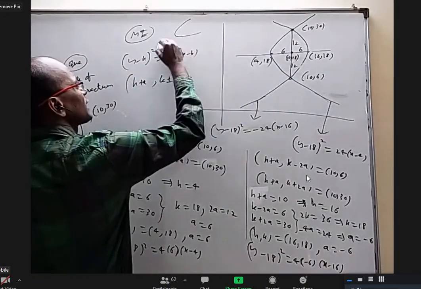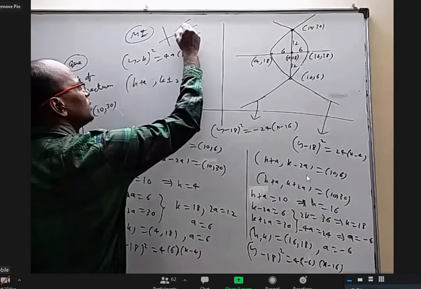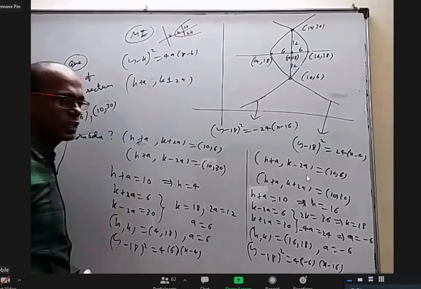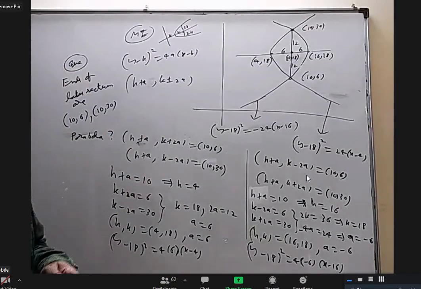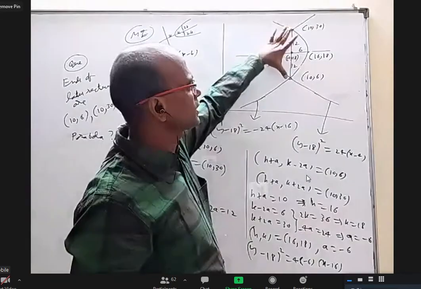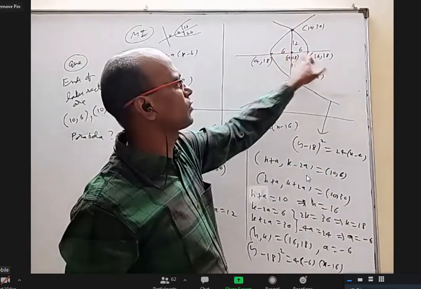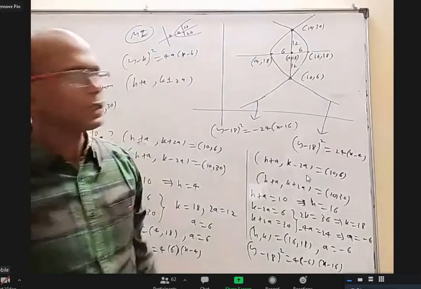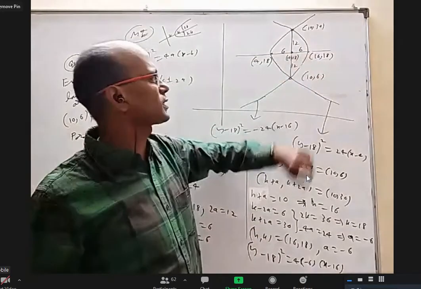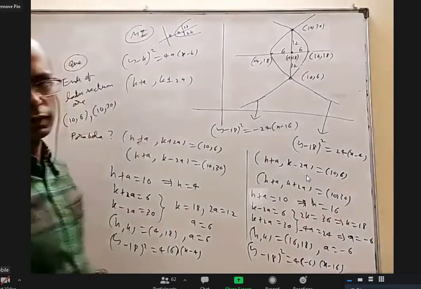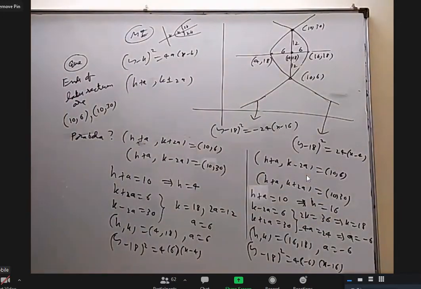Remember this, that you take any parabola. If this length is k, this length is k, this is 2k, this 2k. That doesn't change, right? The relative distance. Yes, sir. So for this, this is 4a again, the latus rectum. 2a is 12, a is 6. So either you have to go 6 forward or 6 backward to get the vertex. If you go 6 forward, the x coordinate will increase by 6. If you go 6 backward, the x coordinate will decrease by 6, and no change in the y coordinate. That's it. Yes, sir.